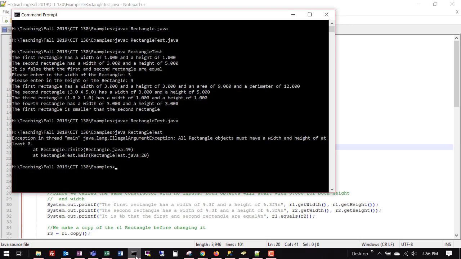Thread is just a fancy word for a running set of code. So an exception has occurred in the main method: java.lang.IllegalArgumentException. It shows that message that I put in there: all rectangle objects must have a width and height of at least 0. And it shows that that error occurred